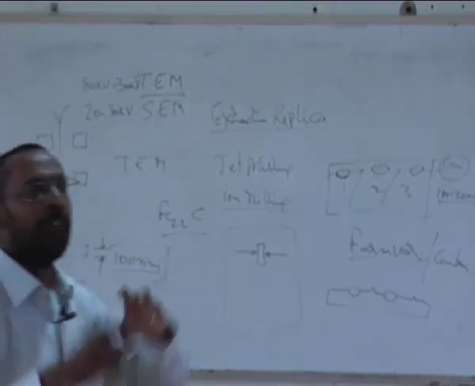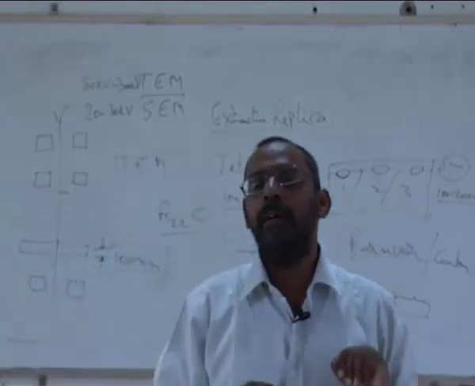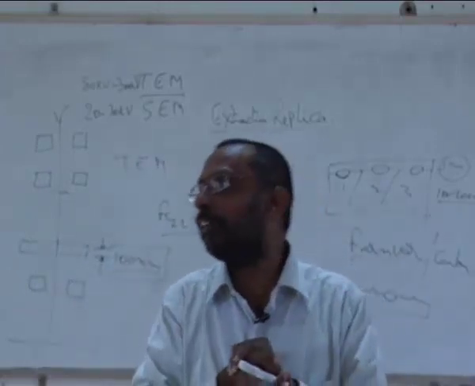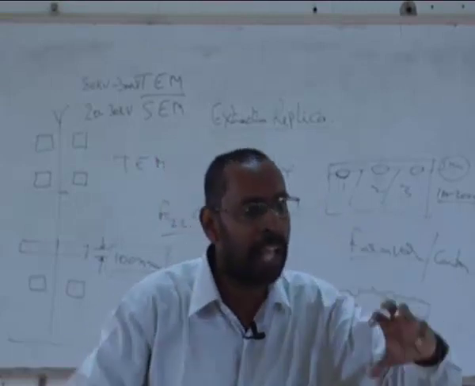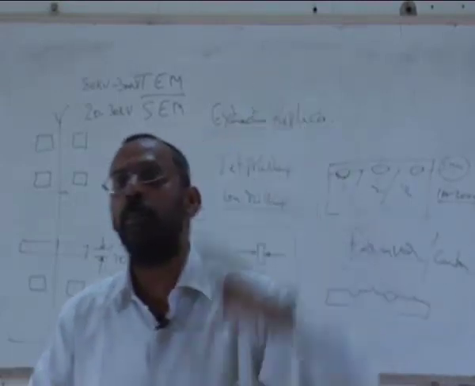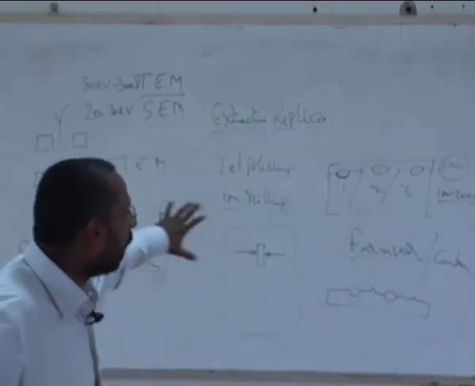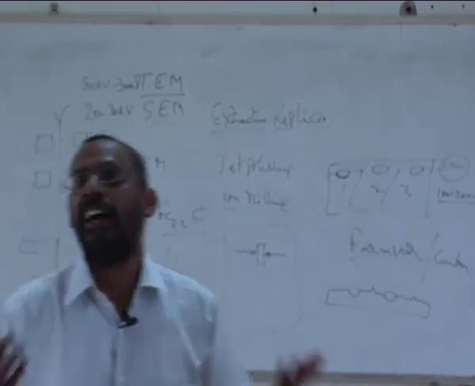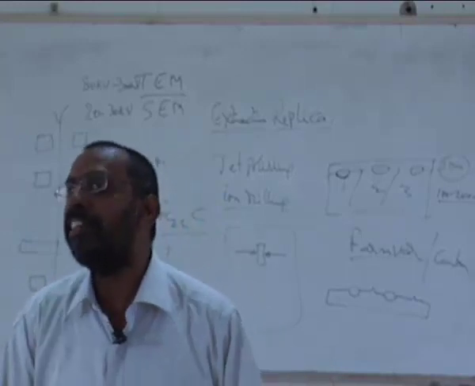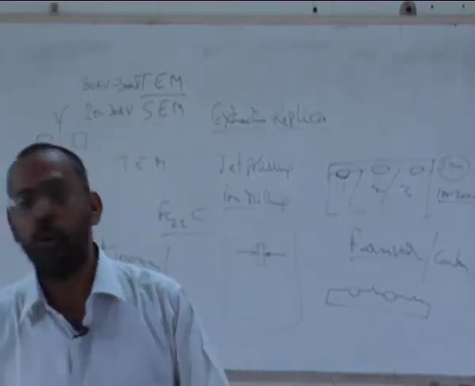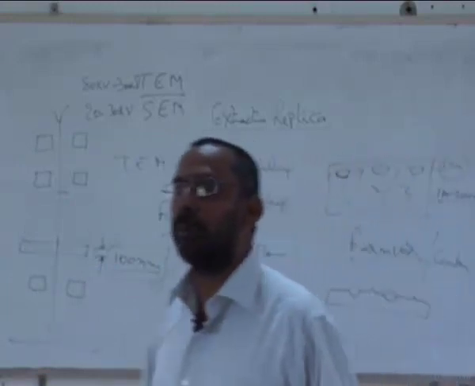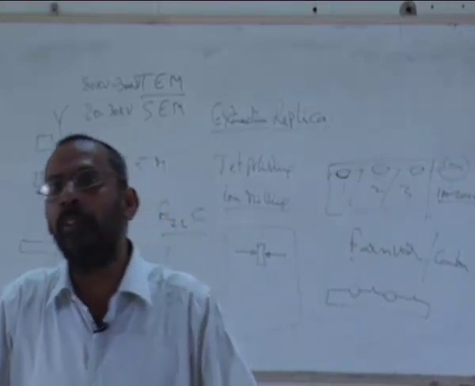I am only getting information about the particle, but I will not know the relation between the matrix and the precipitate, whether there is any particular orientation relationship in terms of certain planes of the precipitate being parallel to certain planes of my matrix. That information I will not be able to get. And in order to get that, you need to actually see the actual sample rather than a replica of the sample. So the whole replica technique was abandoned at some stage because it does not give you complete information about the sample.